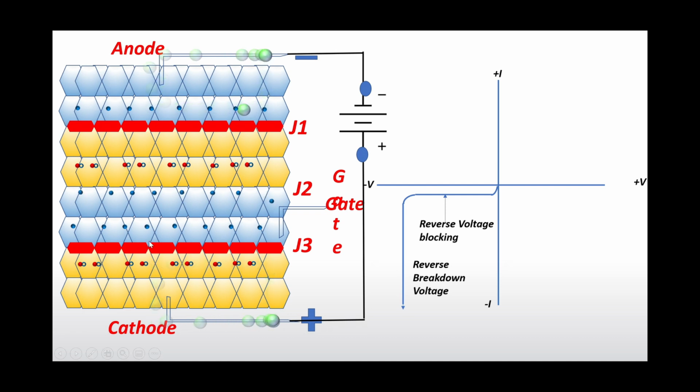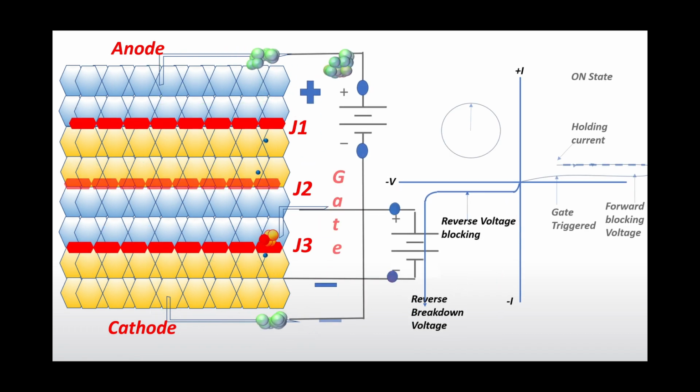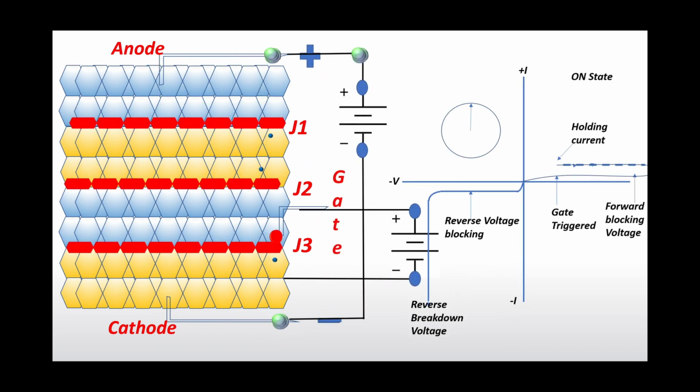So at any given instance, whether you connect positive to the anode or negative to the anode, one of your junctions is in reverse bias, so basically you cannot conduct. The best way to get conduction is to give the positive cycle to the anode and the negative cycle to the cathode, so we have only one junction, or one barrier, to pass.